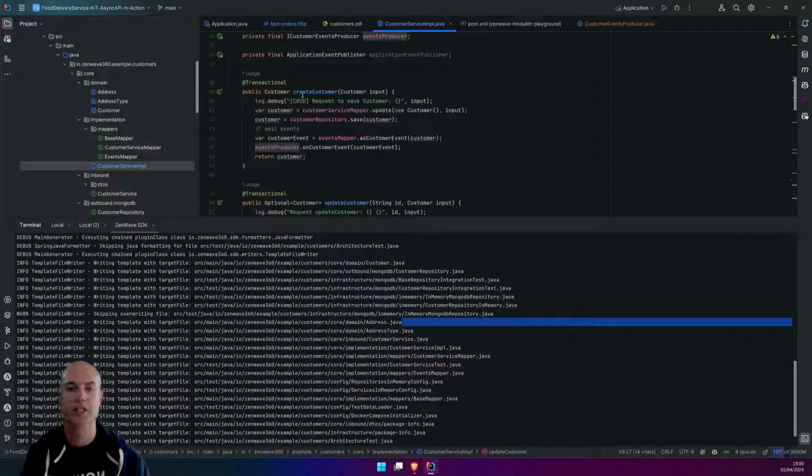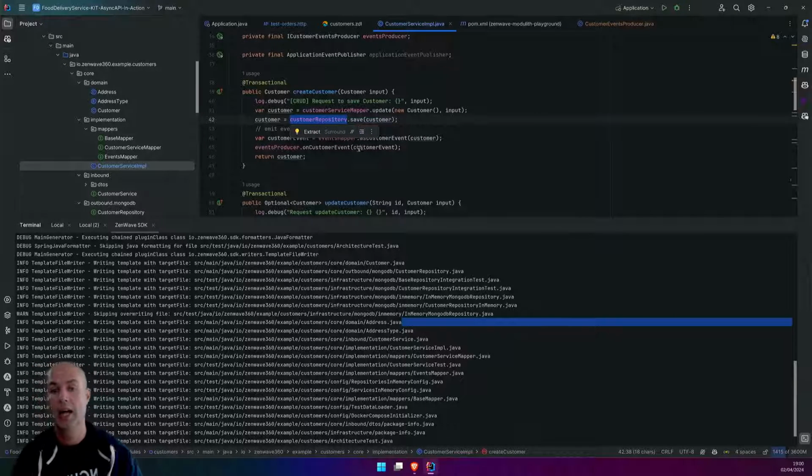And for instance, this command, we get some input, we use a mapper, we use a repository, and we use an event producer to publish some domain events.